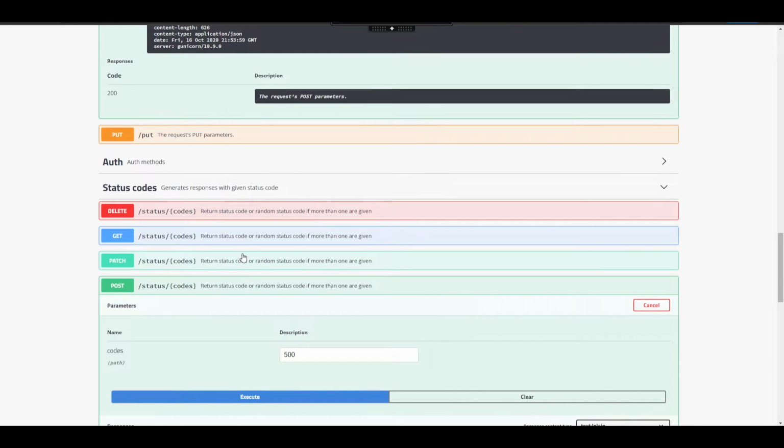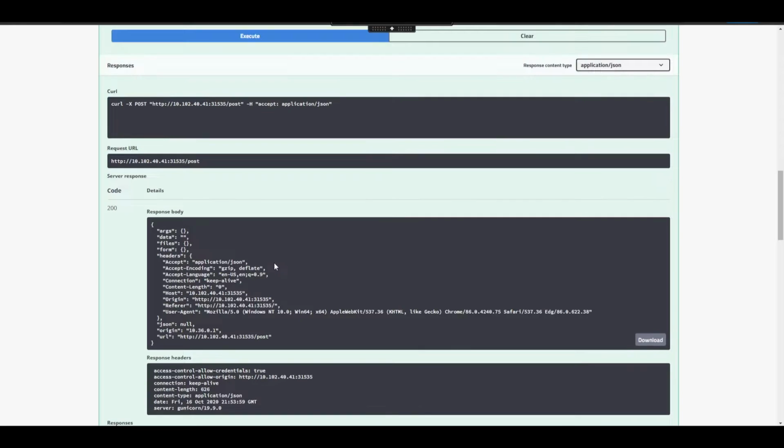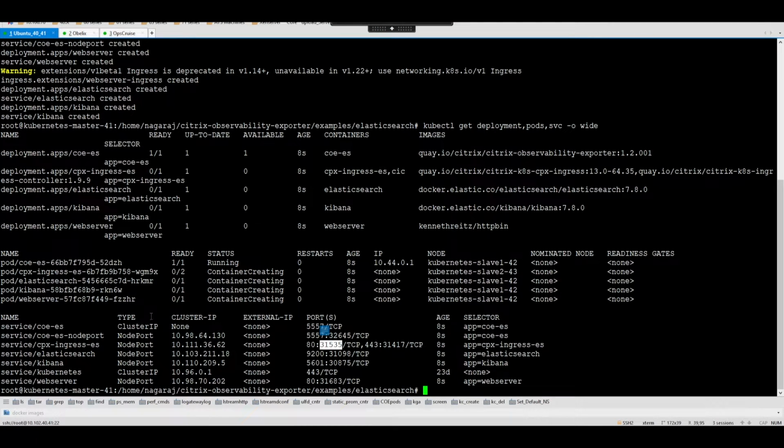So with all this data being pushed to the Citrix Observability Exporter, it would convert into the JSON format, and it should have exported to our Elasticsearch. So we will check our Kibana and try to deploy a sample dashboard. So this is our Kibana service. So let's copy the node port and try to deploy that.